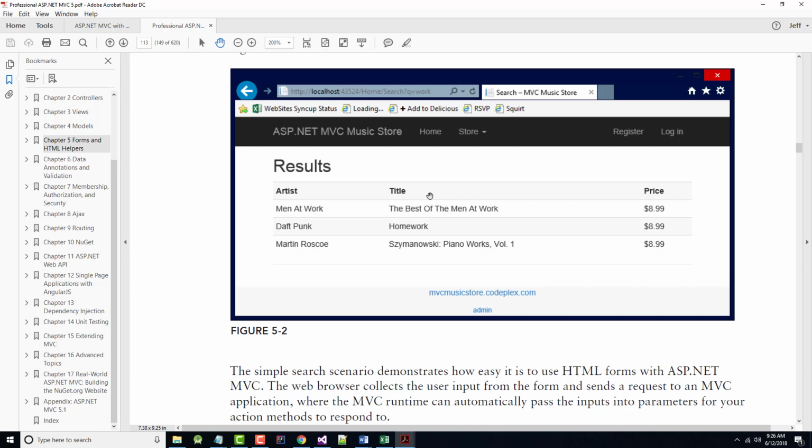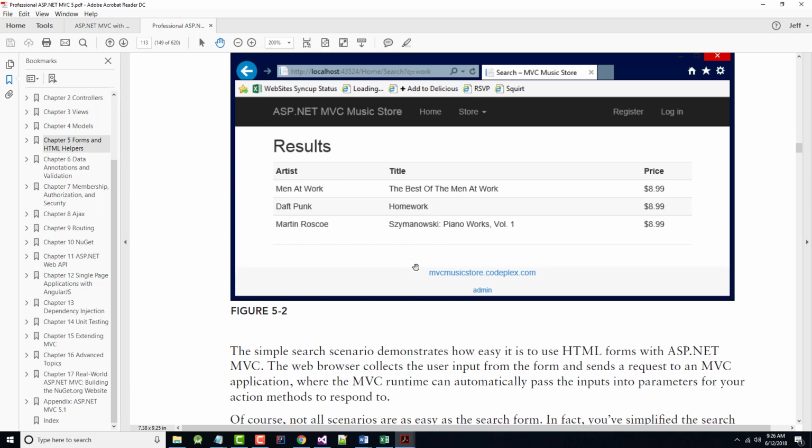Now, what is the bootstrap they added? Well, notice they added a little bit of zebra striping. So every other line is a different color to make it a little easier to ascertain the difference between different rows. This scenario, as the author mentions down below it, demonstrates how easy it is to use HTML